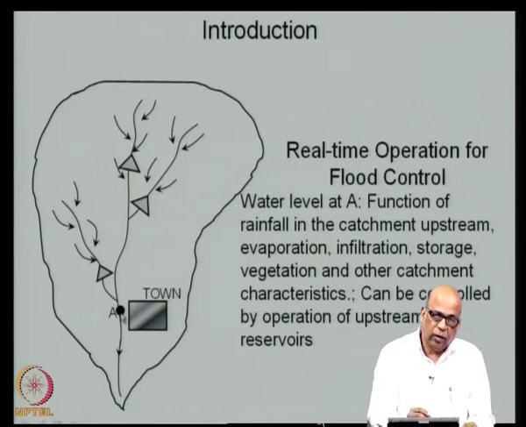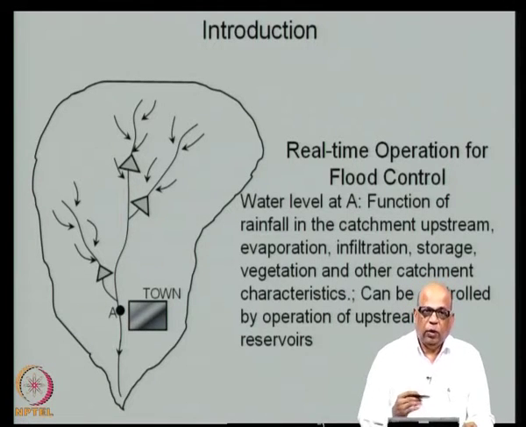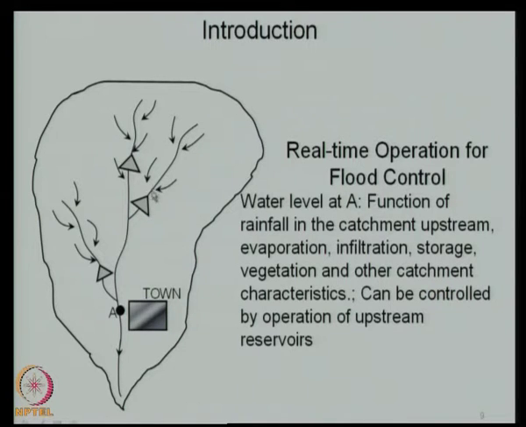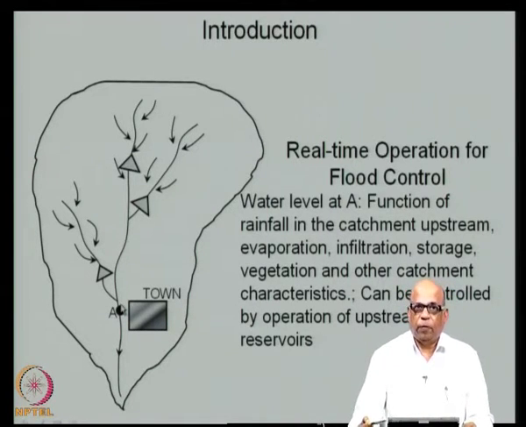But the water level or the discharge at that location can in fact be controlled by properly operating the reservoirs upstream of this. So, this is what we do in real time operation of the reservoirs. We look at the water levels at various reservoirs and then make a decision at this location. Similarly, we look at the water levels in various reservoirs, as well as the current discharge here, as well as the forecasted rain for the next few hours, next few days and so on, and then make decisions at these locations, such that this town is protected from floods.